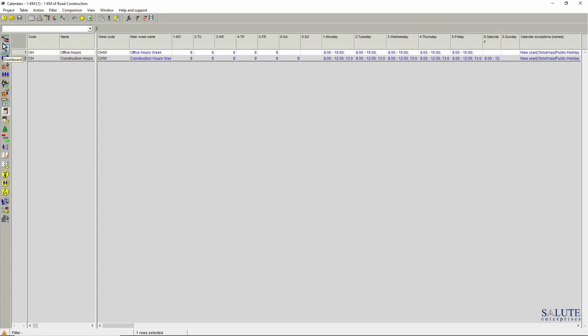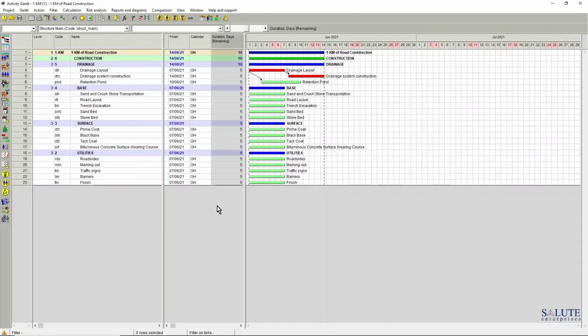Let's go to our activity Gantt chart view. And I'd like my activities to now be reassigned to another calendar. So if I just double click on that calendar field, I can select my construction hours calendar for that activity, or I could just select the whole list of activities I'd like to be reassigned to another calendar by holding